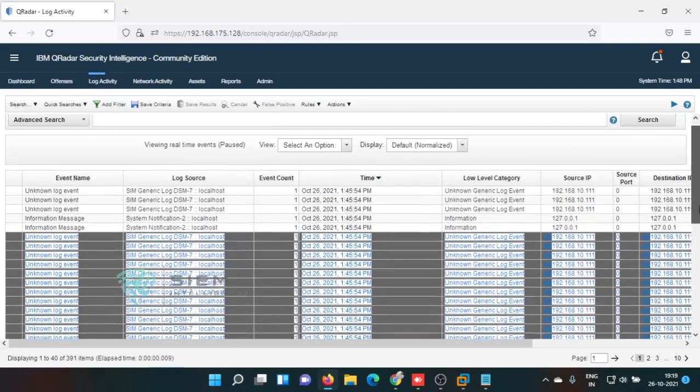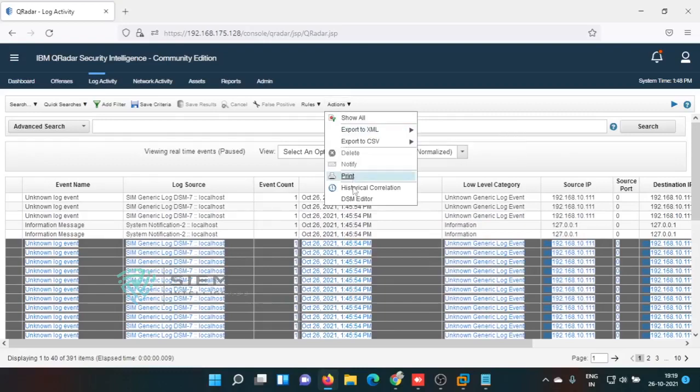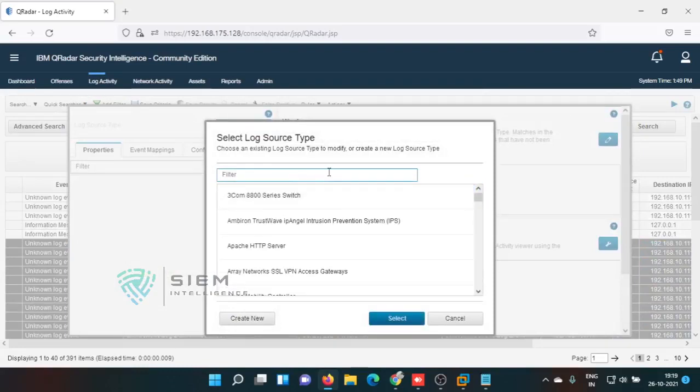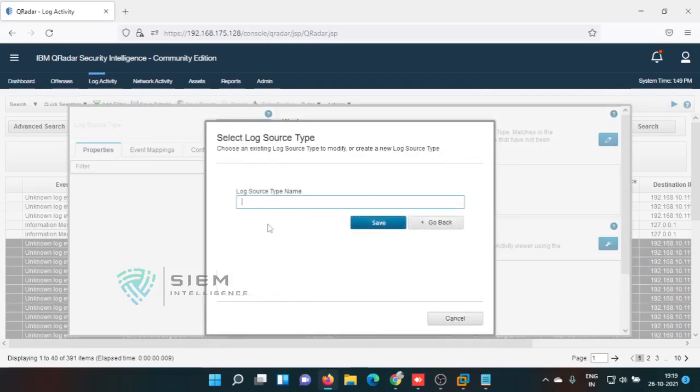Okay, so what I am doing now, I am selecting DSM Editor. There is no DSM for this by default, so we need to create one. See, there is an option called create. Select the name IBM_NIPS, and CQA_05. I am setting this for the sake of you people, that's why I am giving the name. Otherwise you can give only IBM NIPS, it's more than sufficient. So save it.